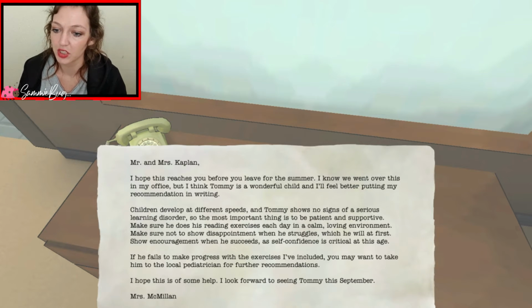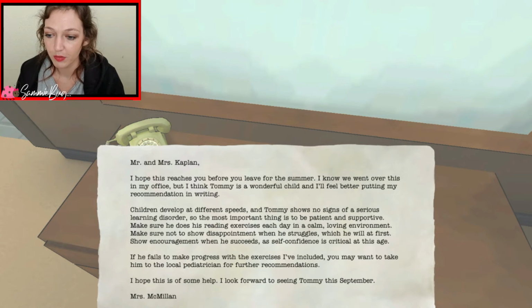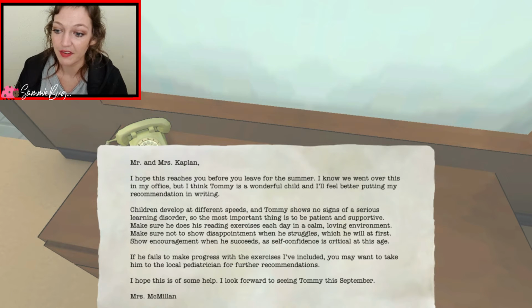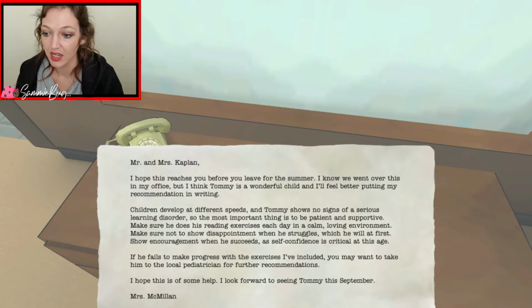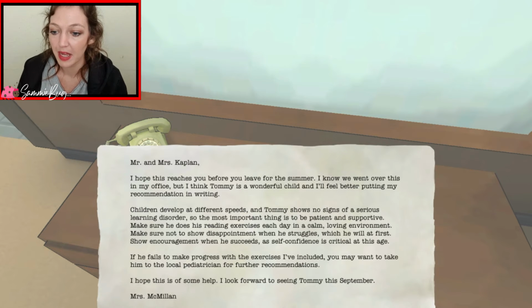Make sure not to show disappointment when he struggles, which he will at first. Show encouragement when he succeeds, as self-confidence is critical at this age. If he fails to make progress with the exercise I've included, you may want to take him to a local paediatrician for further recommendations. I hope this is some help. I look forward to seeing Tommy this September.